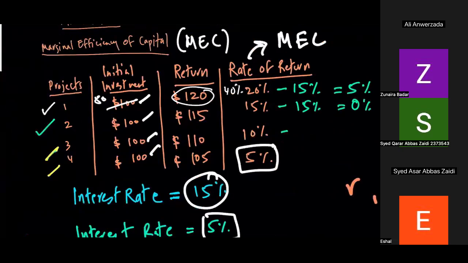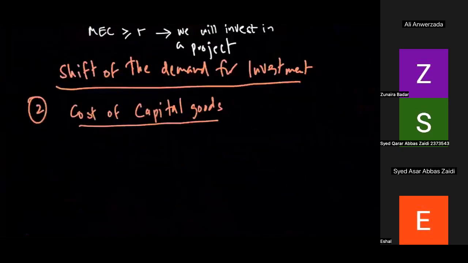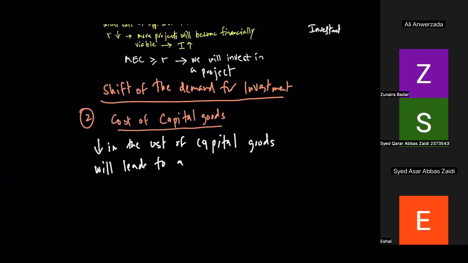So what I'm trying to say is this, that when your initial investment or cost of capital goods go down, a fall in the cost of capital goods will lead to a rise in the rate of return for all levels of